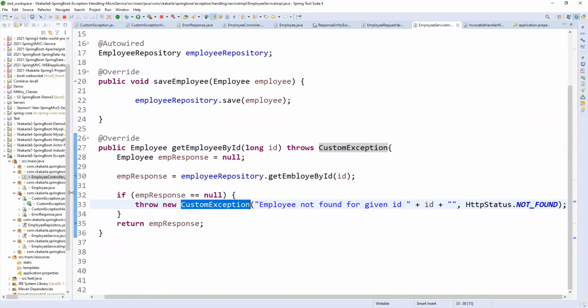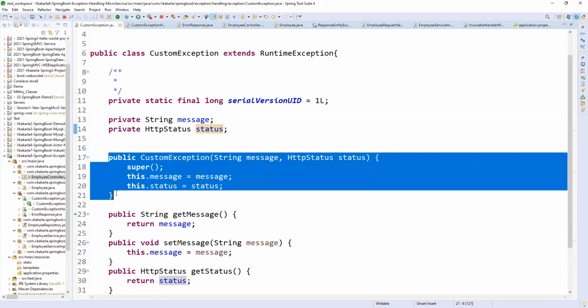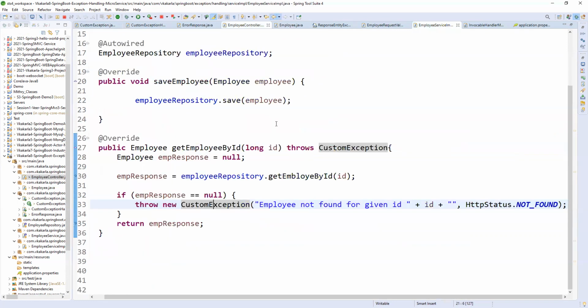Here, when you come inside this custom exception, we are creating an exception. In the custom exception we already defined some message and status, so we have a constructor. Based on the constructor, we are getting an object here, and we are giving the customer the error-related ID and error-related message.